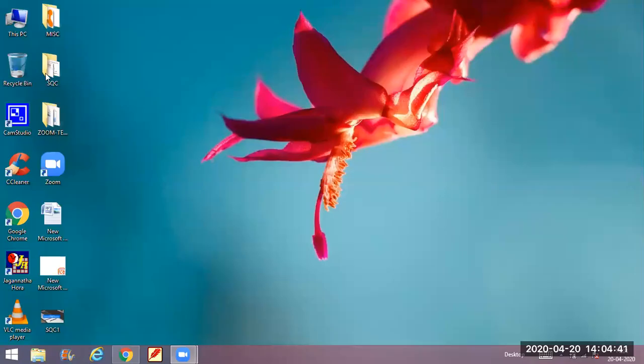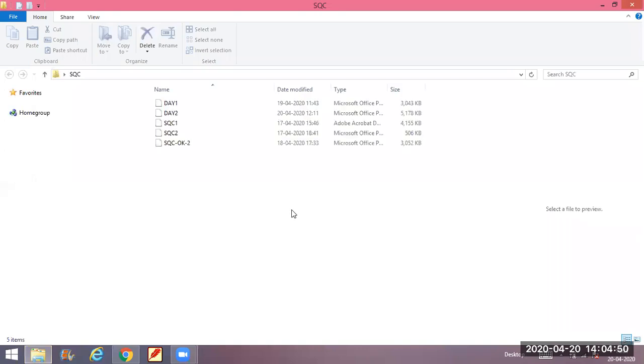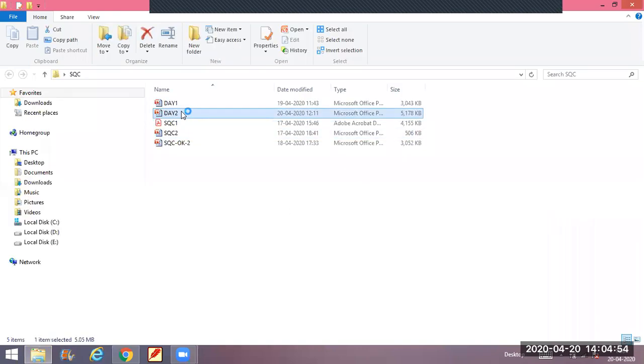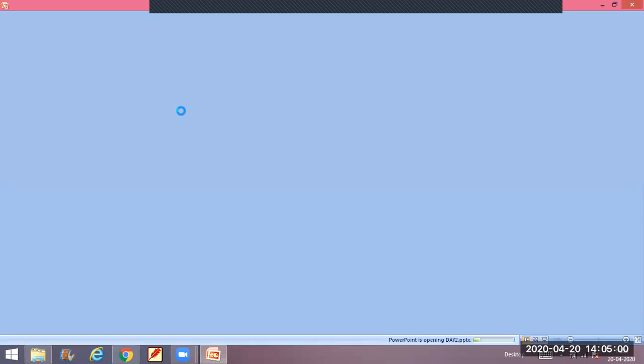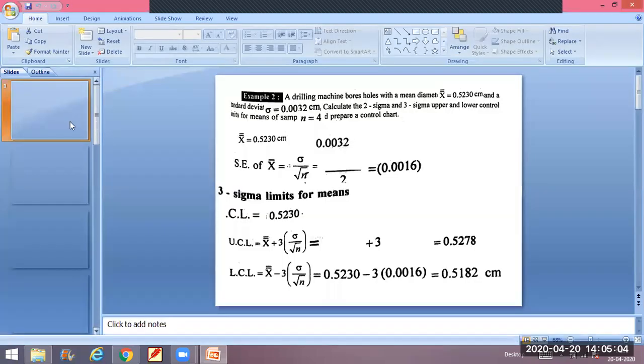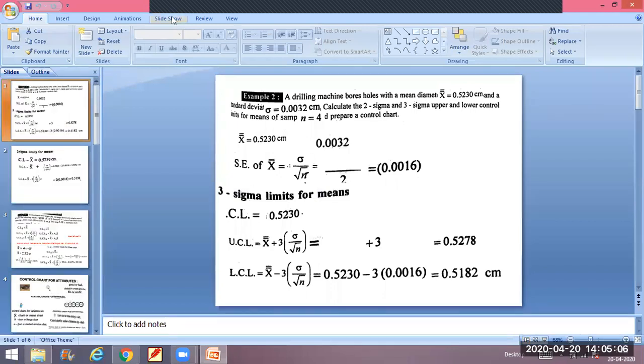Okay, students, today we are going to discuss the mean chart and range chart, model 2. In the last class, we did the mean chart and range chart. Now we are going to do the same problems in a different model. So the problem will be different; the model is the same, but the problem will be somewhat different. Let us go through that one.